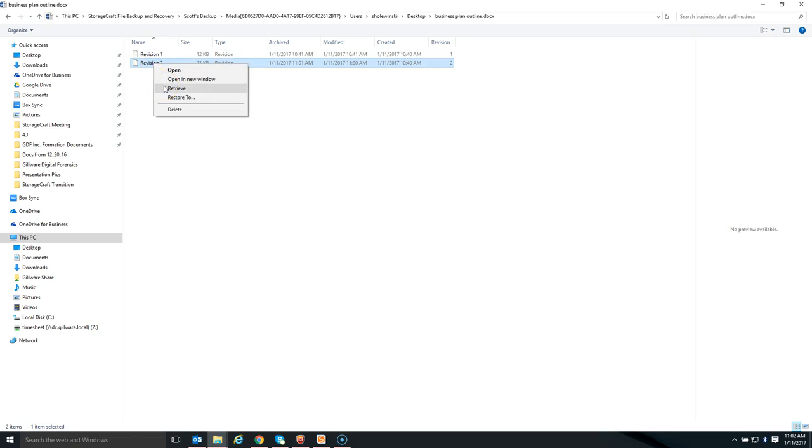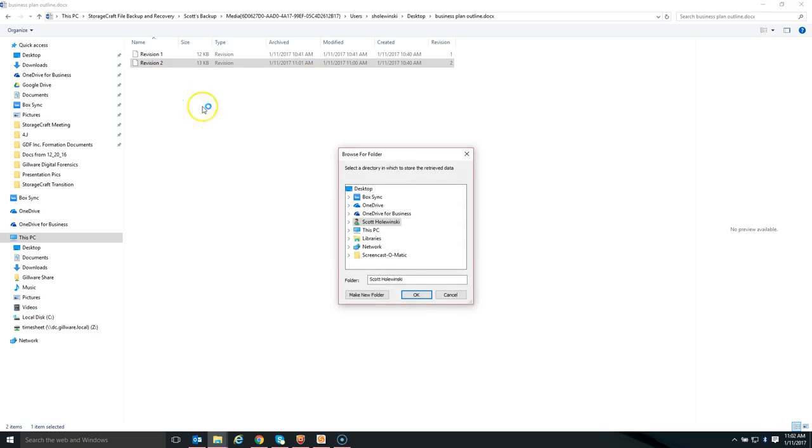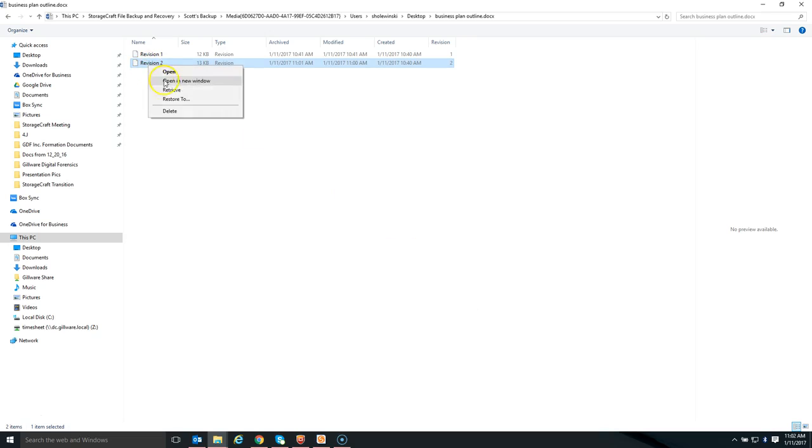You can either retrieve, and if you do that, it's going to restore it to the same location that it was backed up from. So in this case, the desktop. You also can say restore to. So you could say, hey, I want to restore to a different location. You can make a new folder for your retrieved data, whatever you want to do. I'm going to just go ahead and say retrieve